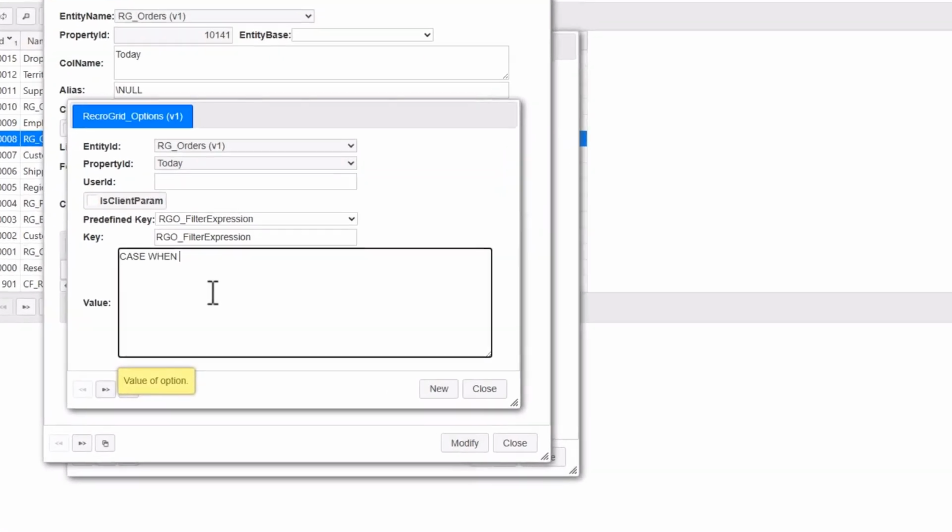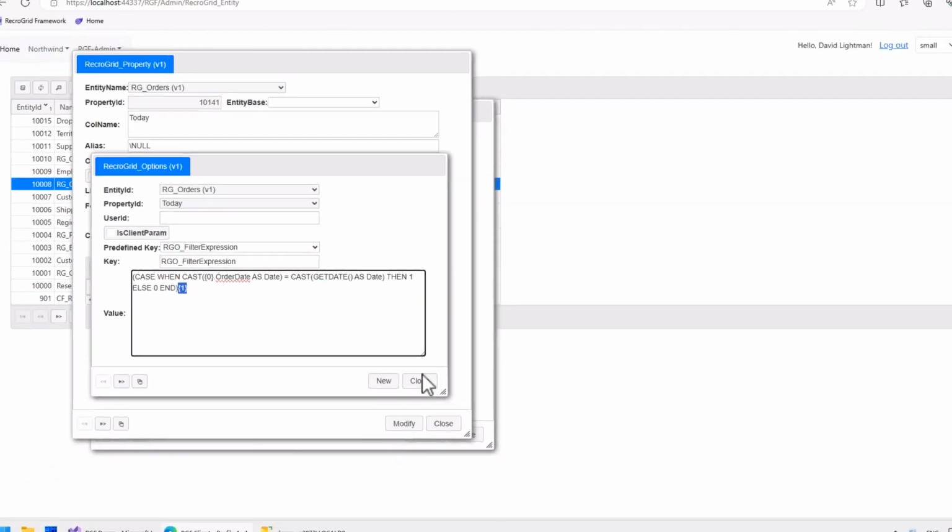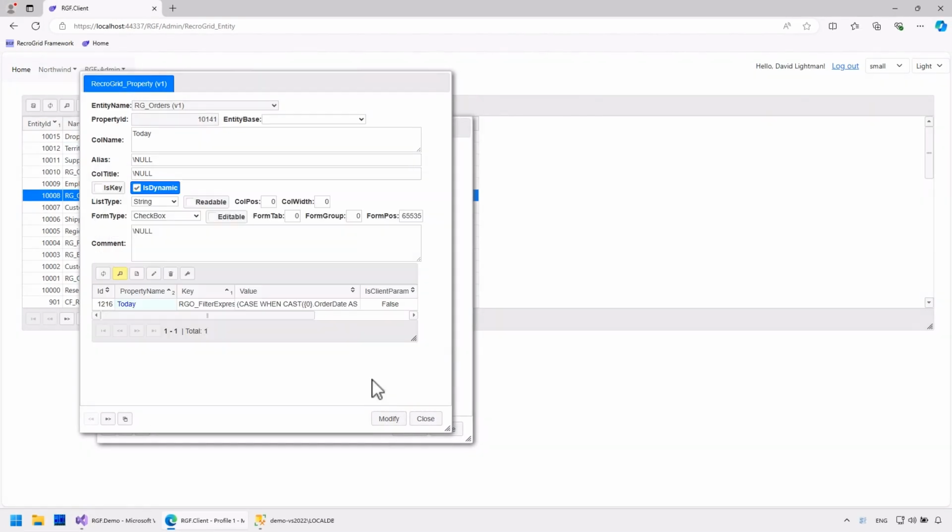In the expression, I will retrieve the current date from the server and compare it with the order date. RGF will insert the condition at the end. Let's try it out.